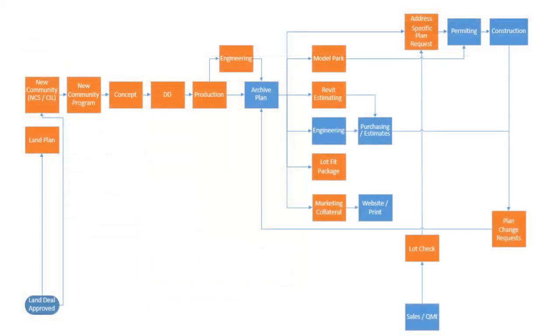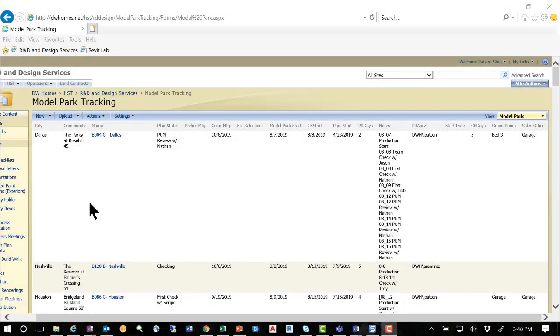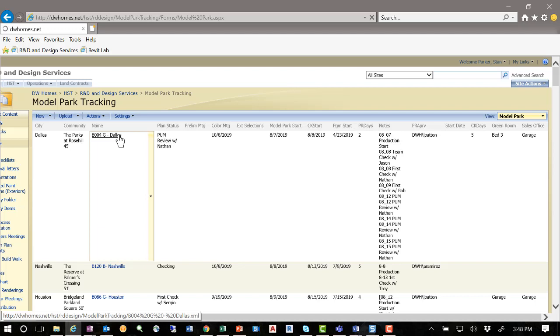When the archive model plan is complete, the model park plan starts. This uses the archive plan to complete specific options for where our sales office is going to be. It also includes specific options and other model specifics such as a green or a quality room that is drawn